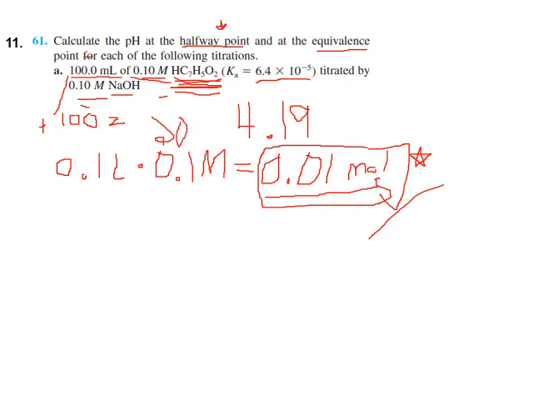Or 0.2 liters. So what we have to do is divide this number of moles by 0.2 liters to get the concentration. So whatever we get for that will be the concentration. We'll make an ICE table. So what do we write across the top of the ICE table? Well, we write C7,